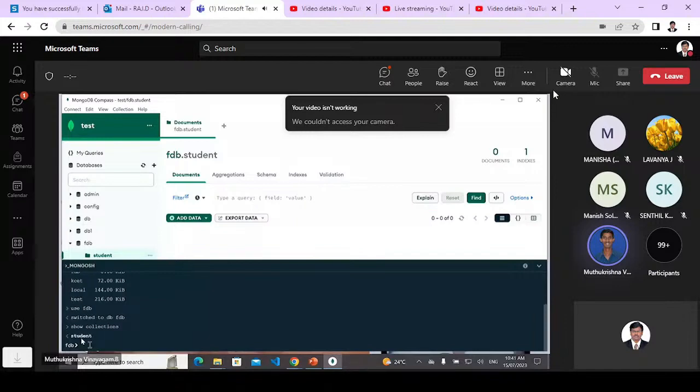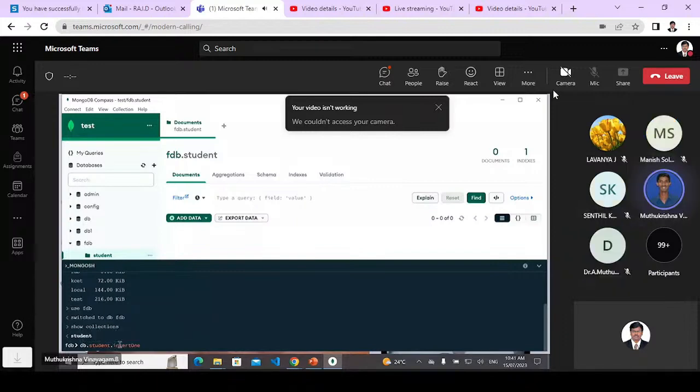Then you can use db.student. If I want to insert, db.student is the collection name, and then you say dot. If I want to insert a record, insert. We have plenty of methods. I want to use the insertOne method, and then open bracket. I can give the field name colon value, right? Say, for example, name is the field name. I can say it is Raj, and then